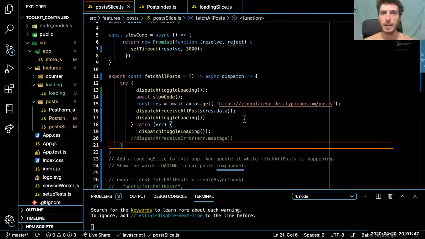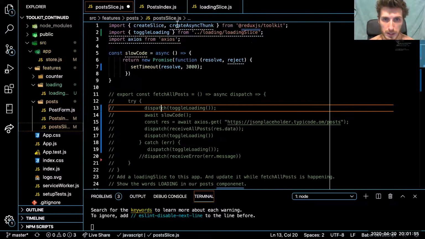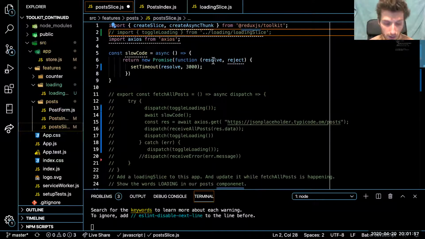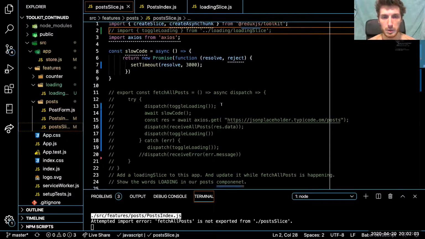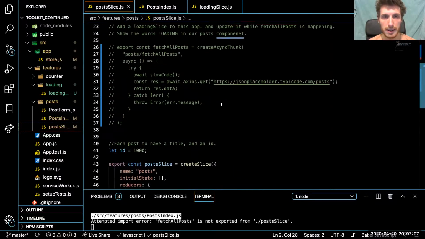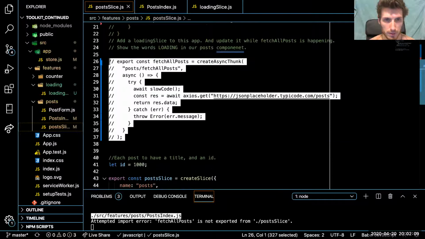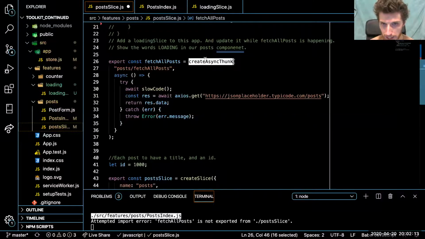So let's try the other approach. I'm going to go back to commenting out this code. I'm also going to comment out our toggle loading. The reason I'm doing that is because I am going to import my fetch all posts. So I'm going to bring back our fetch all posts where we're using create async thunk,